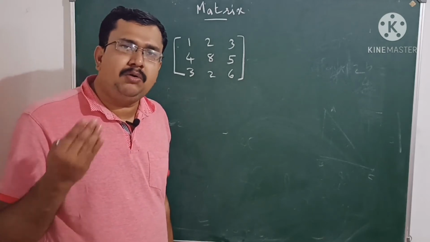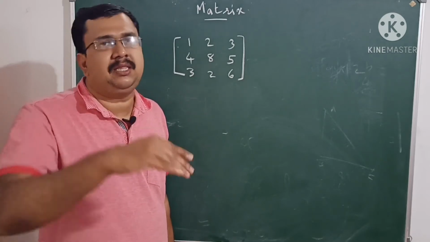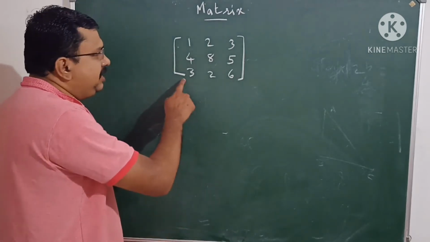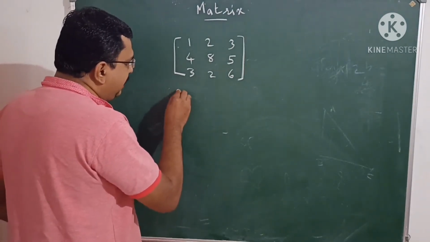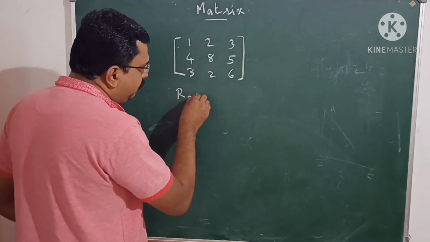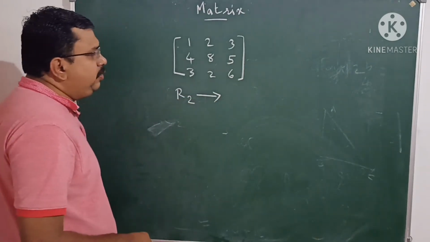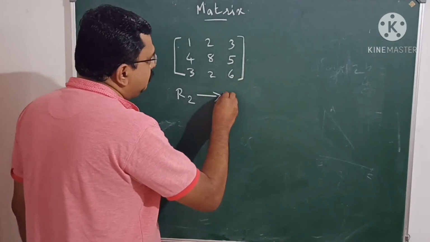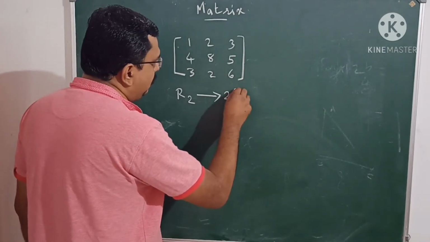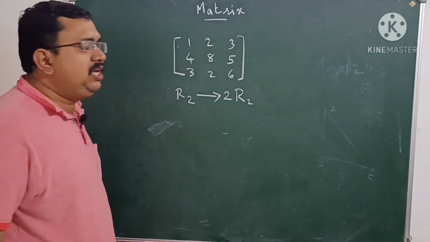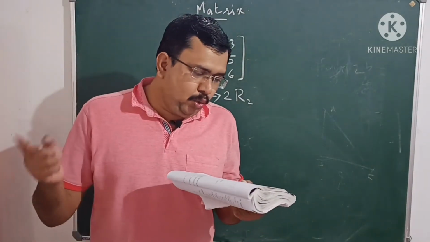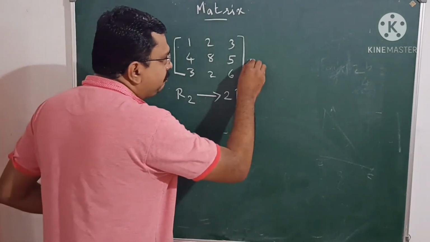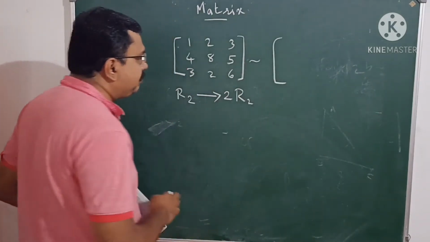What do you mean by non-zero scalar? A scalar that is not zero, that is a non-zero scalar. For example, in this matrix, I am multiplying R2 with a non-zero scalar. R2 is changing into 2R2. Then this matrix will become